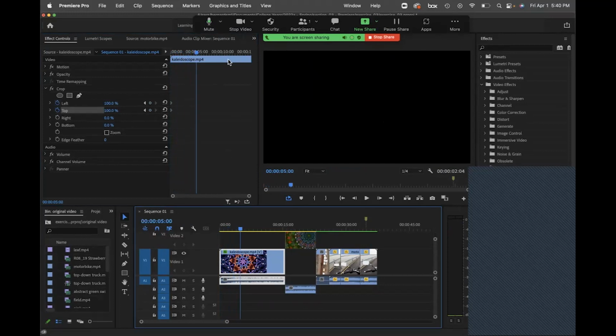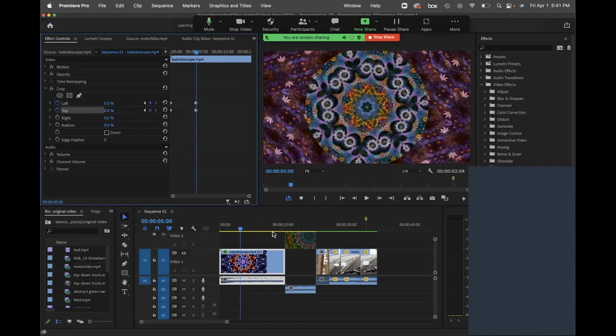Right? 5 seconds in. And we could use our left and right cursor too, if you want to go frame by frame. Right. But we go 5 seconds in, and now we can add more keyframes. So we can add a keyframe here, add a keyframe here, and maybe we can set these back to 0 on this keyframe. Okay. And so now if we did